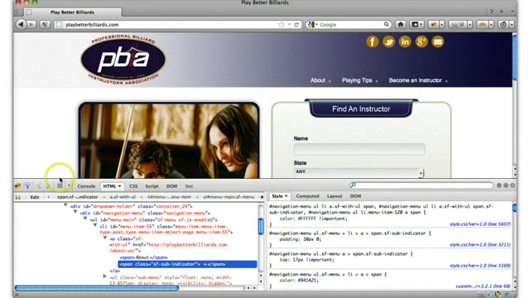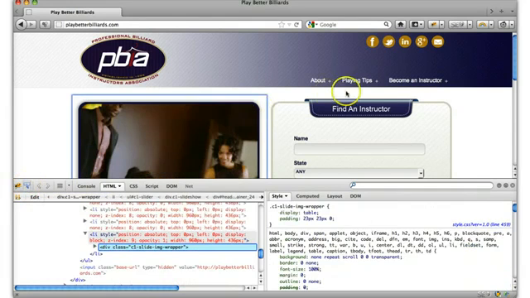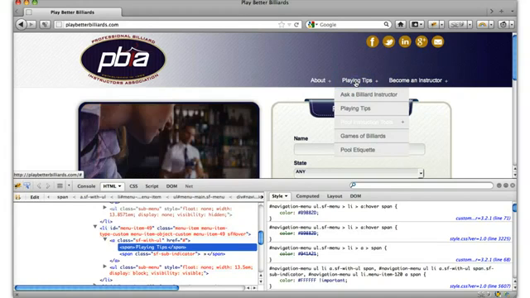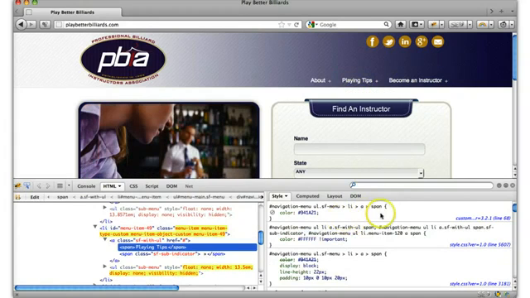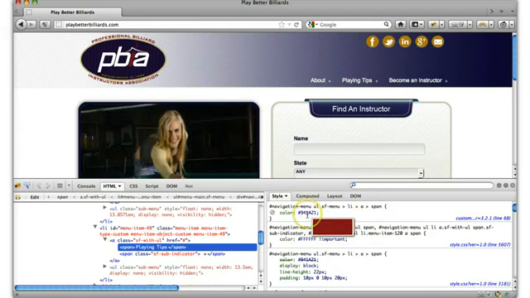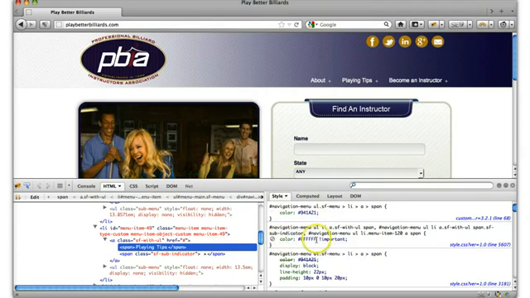overriding what. So right here there's a little inspection. Just click that, and we go up here and we can see what the CSS is and what is important or not important. We can hover over it and we can see that that's the red color, so that's correct. But if we go down one, we can see that this is a white color, and it says color, and